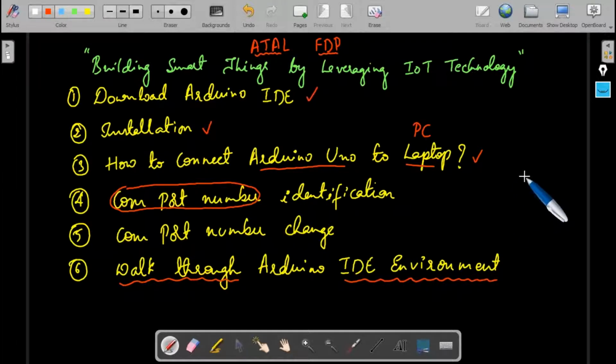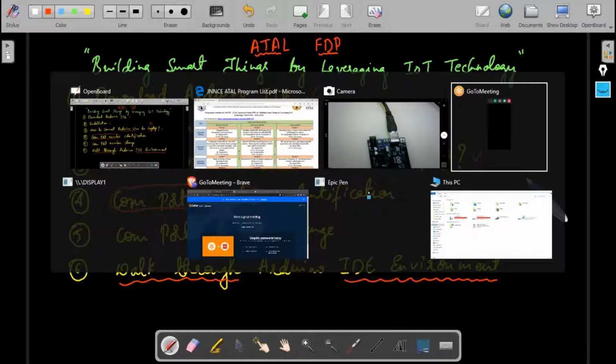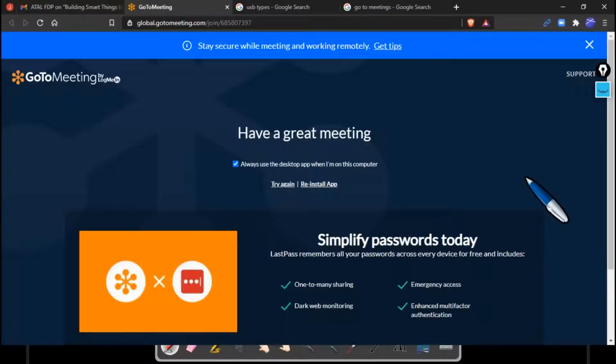So here, let's see how to download Arduino IDE. First, you have to open up any browser of your choice. Here I have opened Brave browser.